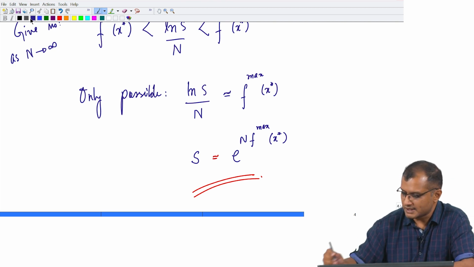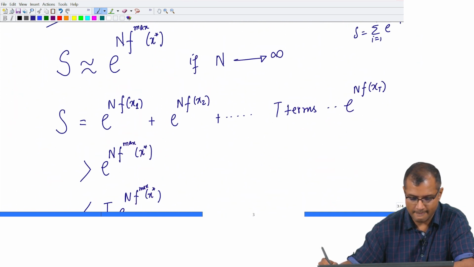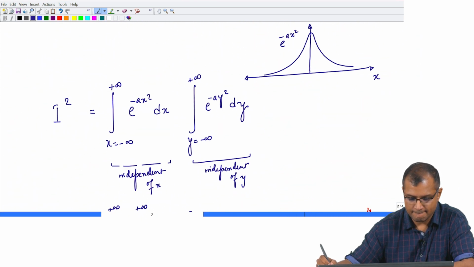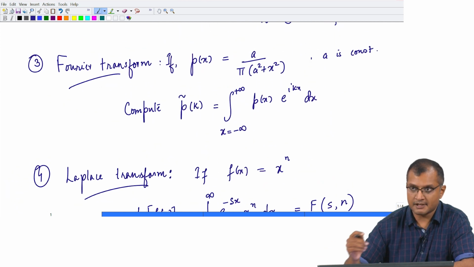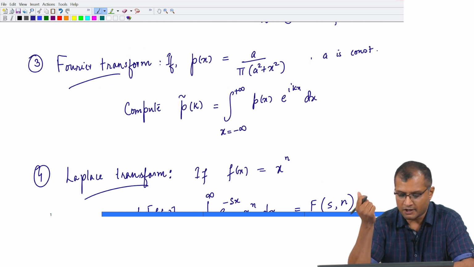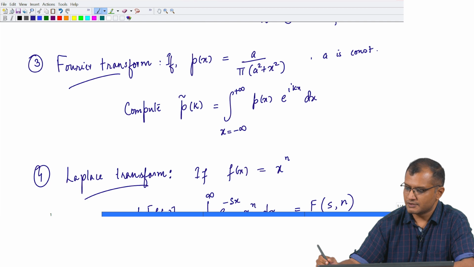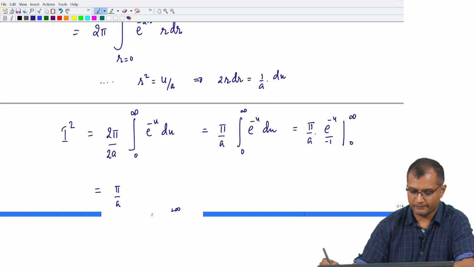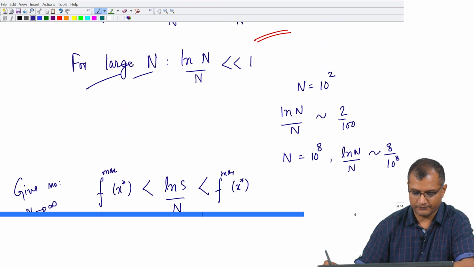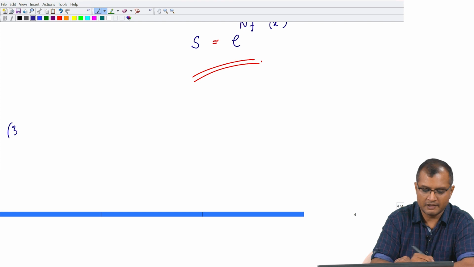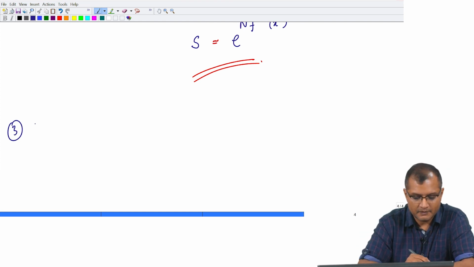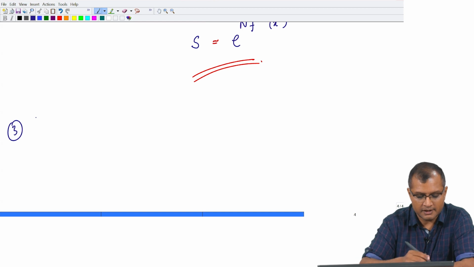We will go to the next topic, which is, if you recall, like taking the Fourier transform of a function, and as an example I have taken a Lorentzian function. So, let me take its Fourier transform. One of the important mathematical techniques is the technique of Fourier transform. So, we will take our function